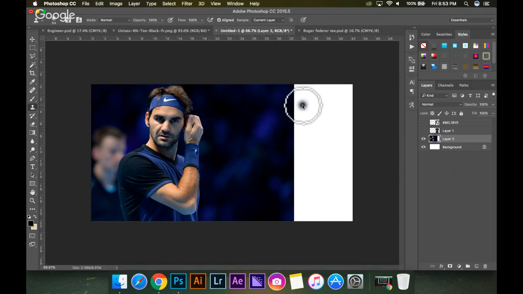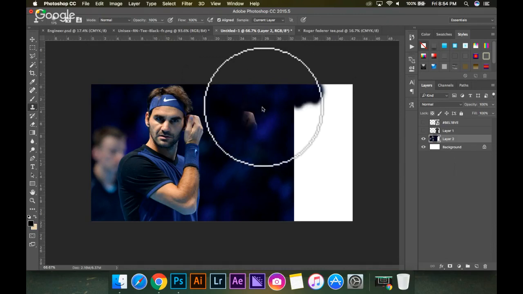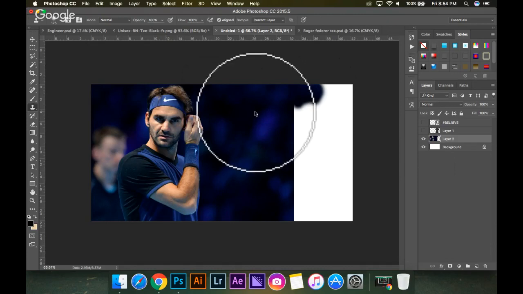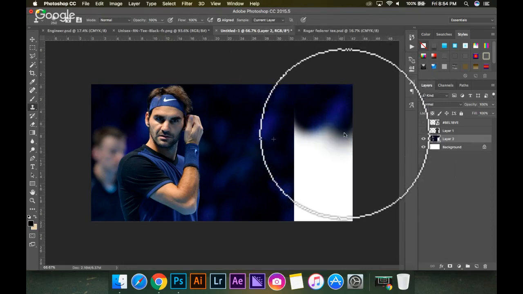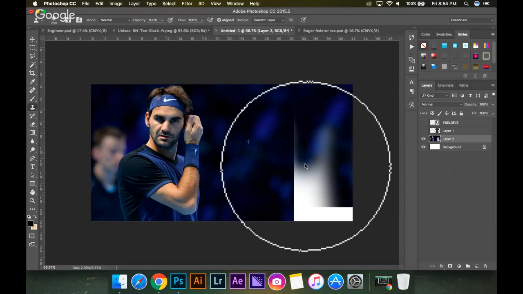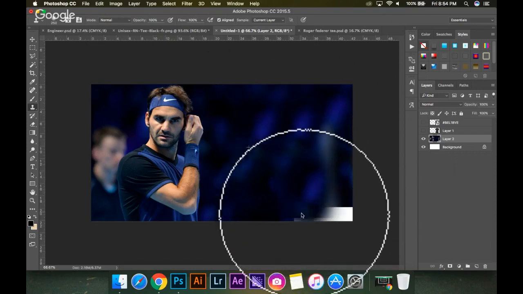Now we have to just paste, or you can say clone it, like this. So we have to increase the brush size. I just increased the cursor size just for you guys, and when I am increasing the brush size, it becomes very big, so don't be confused. Okay, so I am defining the source point again like this. We'll just clone it, increasing the size more. Again, you have to select the source point again and again. Don't worry about the repetitive pattern because the t-shirt will come on it